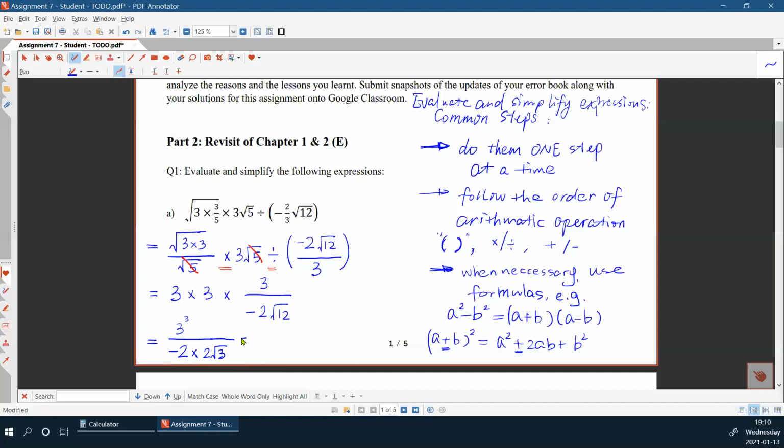Okay, next, what can we do here? We can times the same number to the numerator and denominator. The ratio does not change, right? We can times a square root of 3 to both the numerator and denominator. And then the result is,